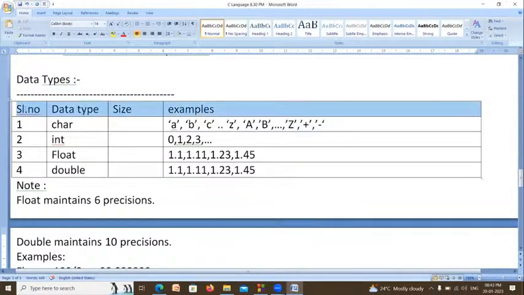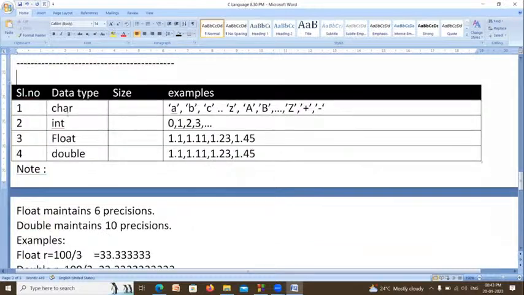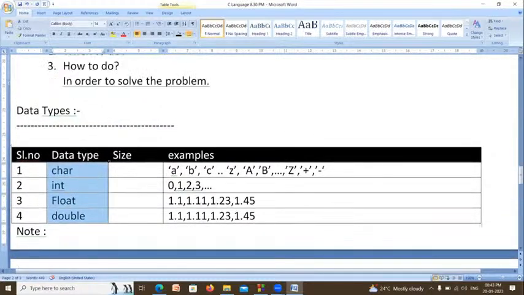So these are the different data types available in the C language: the character, the integer, the float, and the double. These 4 are the data types. Actually, these are also keywords. What is the meaning of keyword? Keywords are nothing but names already defined in the system.